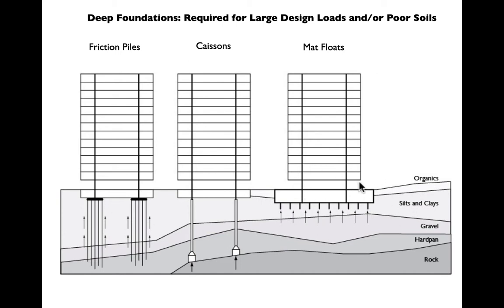Finally, the other way to do this doesn't work for super big high rises, but for relatively low ones, we can do floating mat foundations. And if we have very liquid soil and a fairly broad footprint, we can actually design the basement like a boat and literally float the building in a fluid soil. This often requires stabilizers to prevent the building from moving laterally, but we're relying on the displacement of a fairly large basement